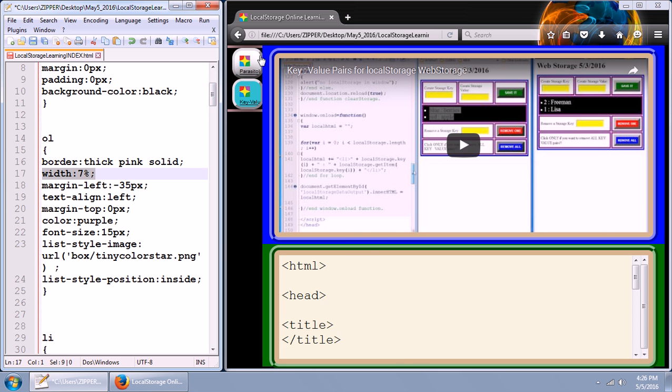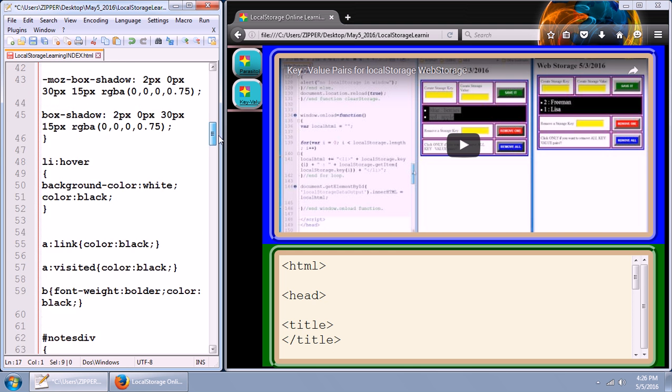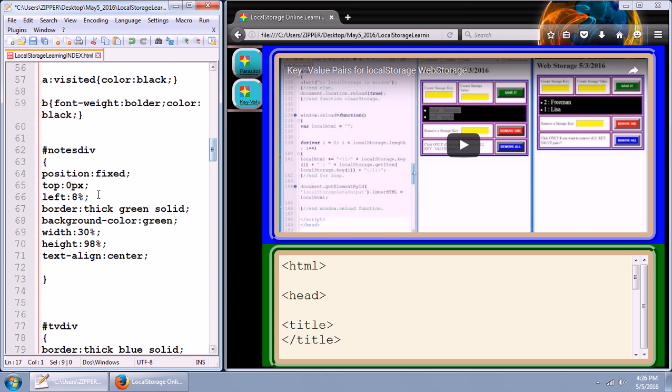So to come out just a little bit from that, accounting for borders and stuff, I changed that to left of 8%. So that as this window opens and closes, as this gets wider or more narrow, this will be cushioned properly. Border thick green solid, background color green, width of 30%, and height of